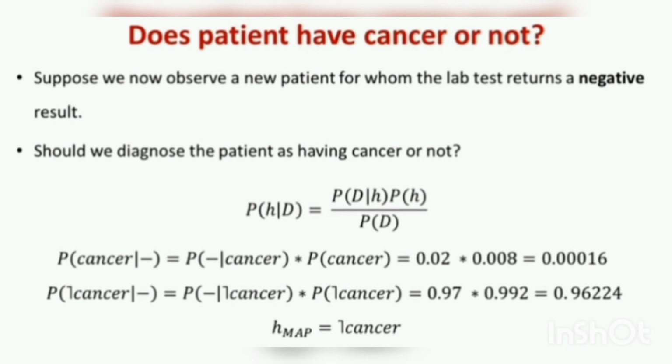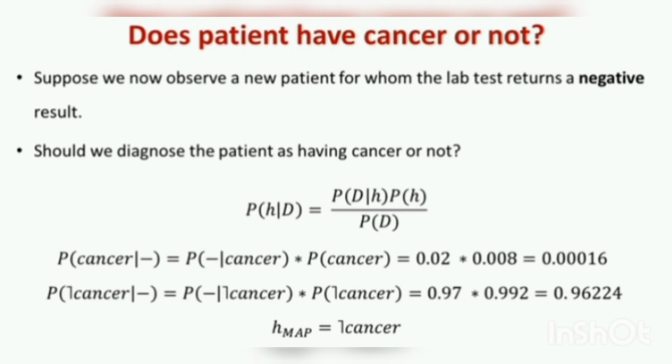And while solving both problems, we consider the quantity with the larger numerical value. P of not having cancer given negative report is proportional to P of negative report given no cancer into P of no cancer, which is 0.97 into 0.992. It comes to be